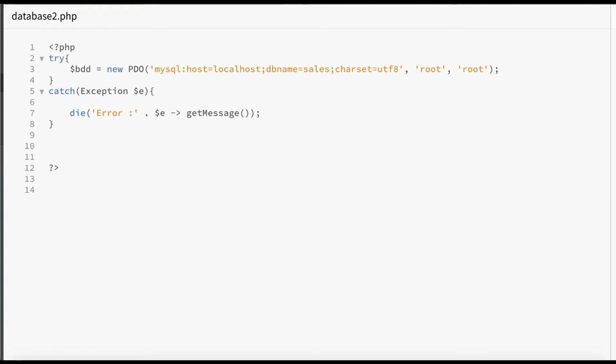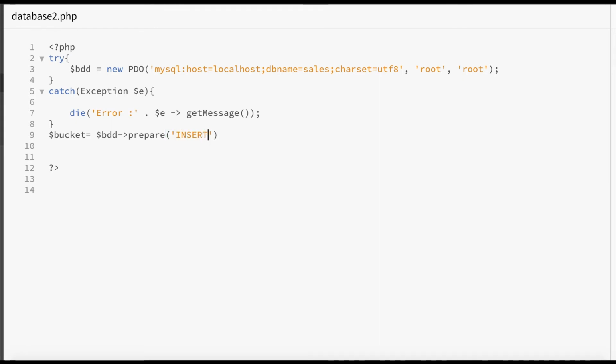We already saw prepared queries in the previous video, so here now I will create a new variable bucket that will address the BDD for the prepared query. Now I will prepare my SQL instruction.